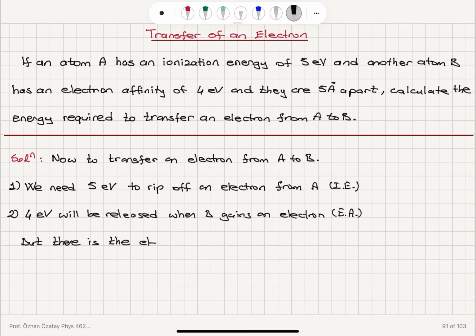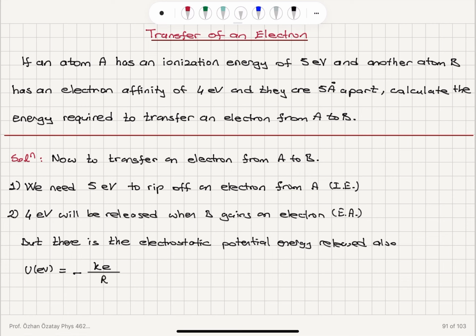So the electrostatic potential energy released will be the energy that will be released when bringing them from infinite separation to 5 angstrom distance. The electrostatic potential energy in electron volts is minus the Coulomb constant K times electron charge divided by R, the distance